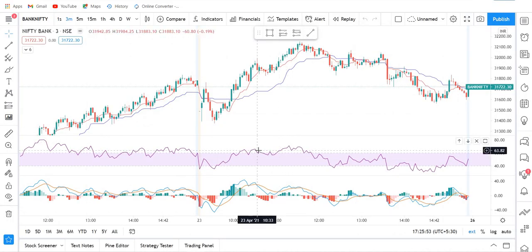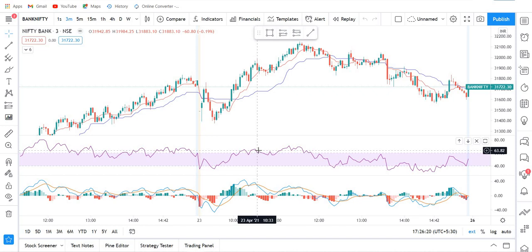You can see what time is going on, and if you are using it in the live market, then definitely it's not a big deal. But if you are using it for paper trading or backtesting, then also you can easily just see the time and accordingly you can trade. So that's not a big deal. And if you have TradingView Premium, then go ahead with the strategy. I think the 2 examples that I have given are sufficient, and you will be using more examples, guys.